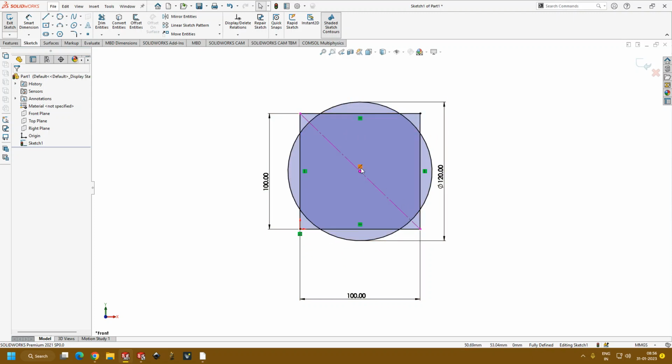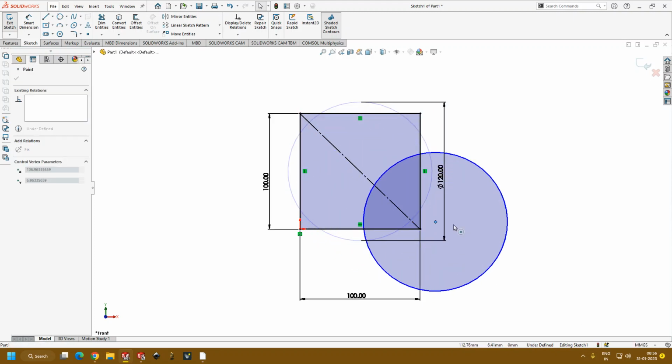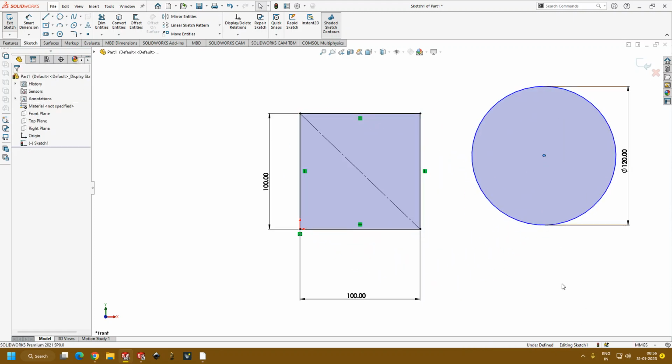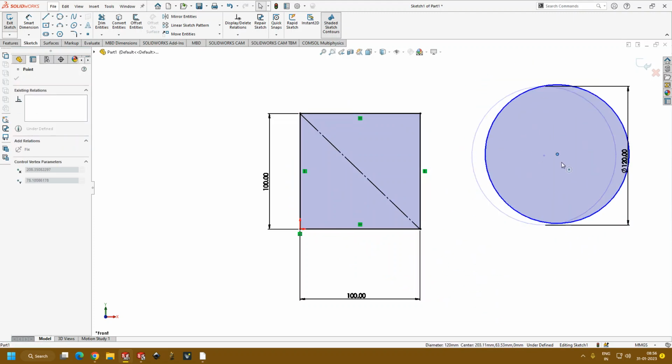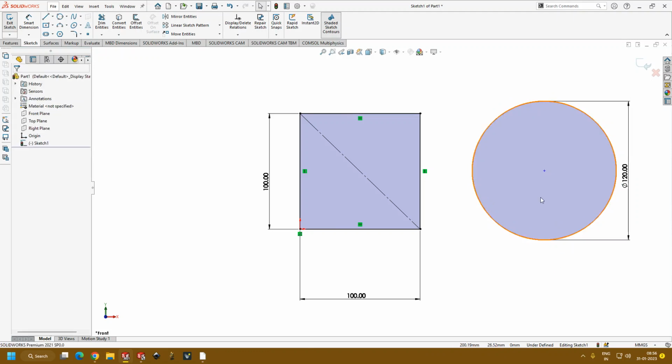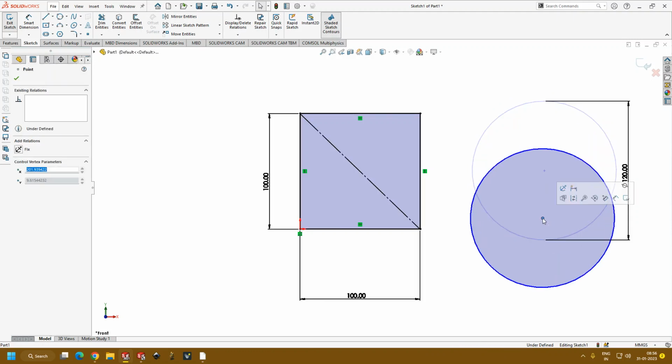Okay. So let's say I'm deleting this constraint. Now again it turned blue, and it is again showing underdefined. It means that now it is again ready to move. Even though it is constrained dimensionally, it is not constrained position-wise. Still it moves. So to answer your question,